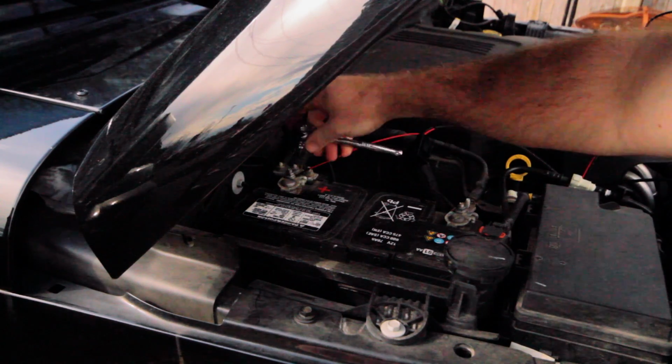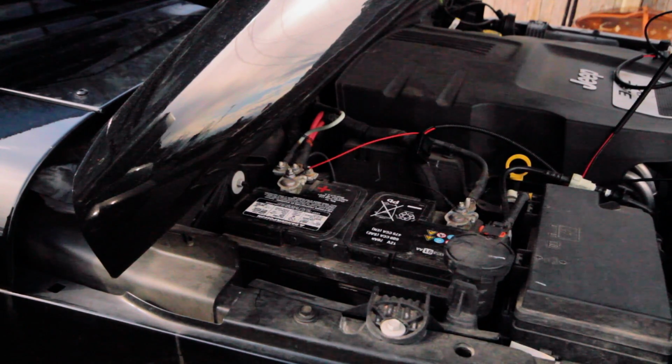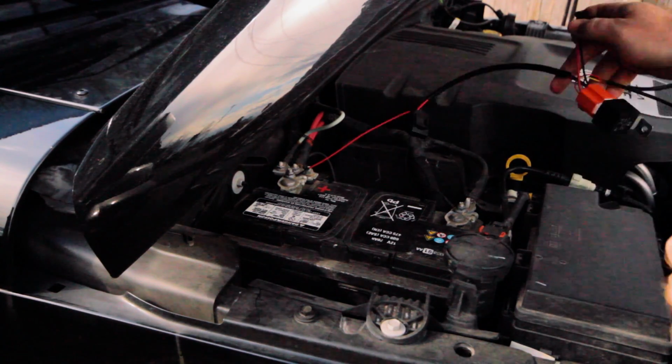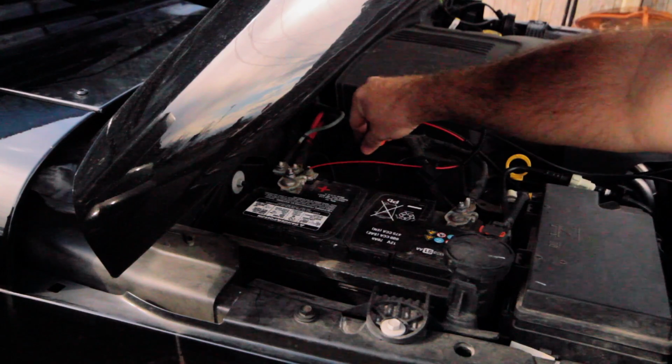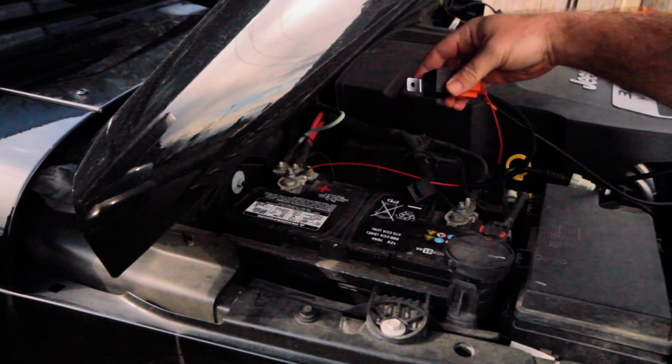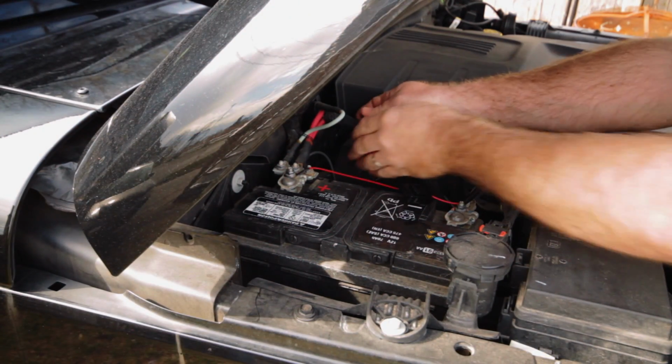And there we go. All right. Now the next step, we're going to mount the transformer right here. You can see this hole right here. So I'm going to get a bolt and we're going to mount that right there. Okay, so